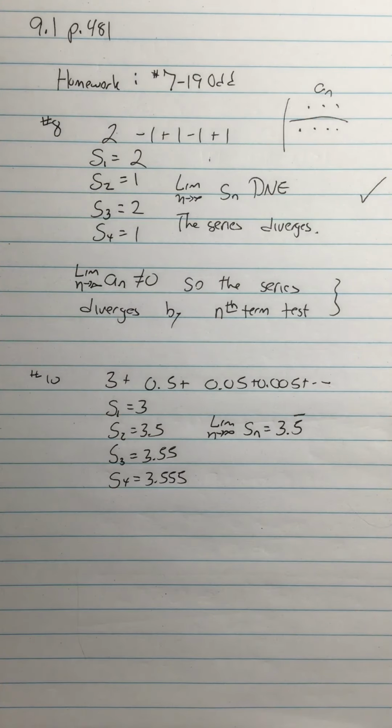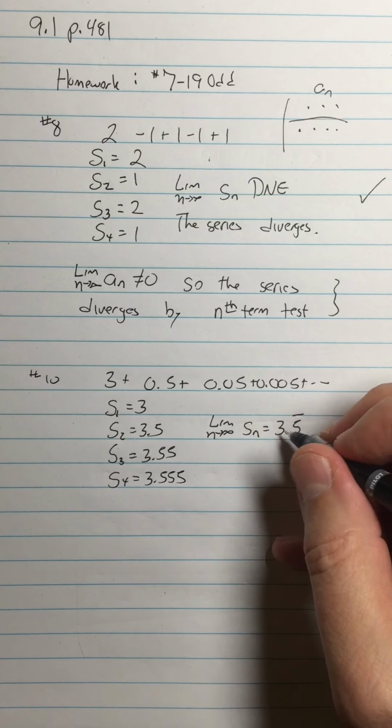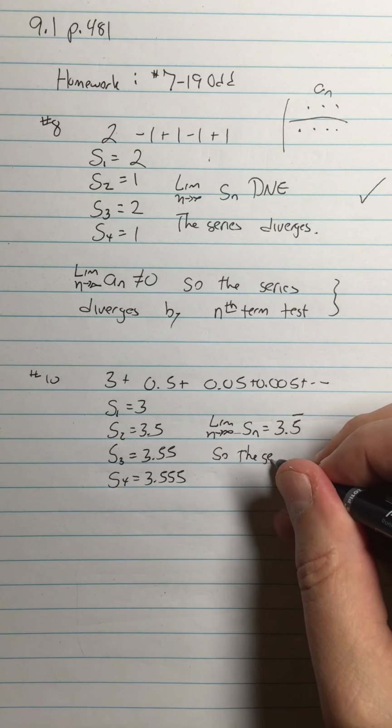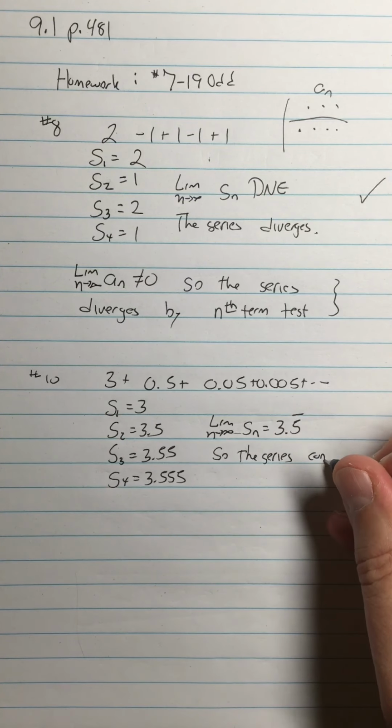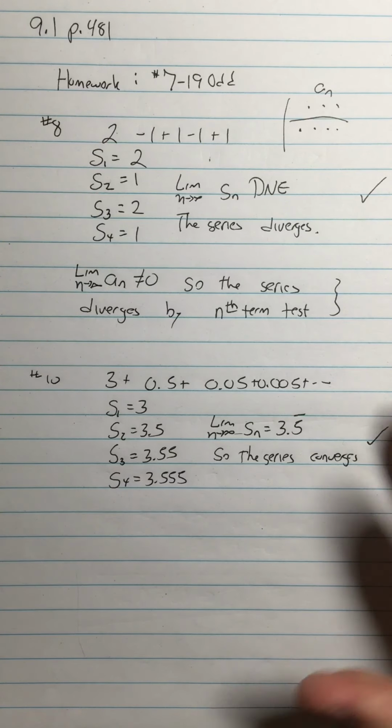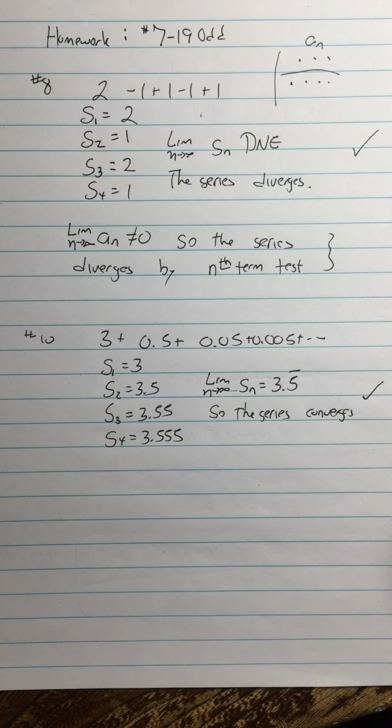And all they've asked us to do is determine whether the series converges or diverges. So since the limit is a finite number, the series converges. And that's all they've asked you to say for this. But by the way, we can say quite a lot more, right? Because we can say that